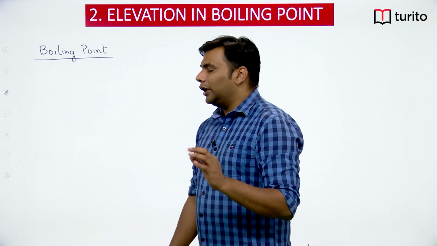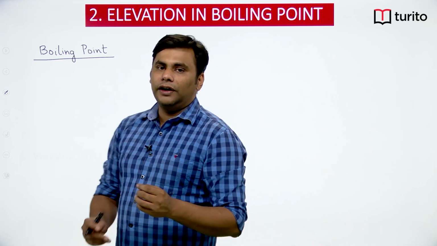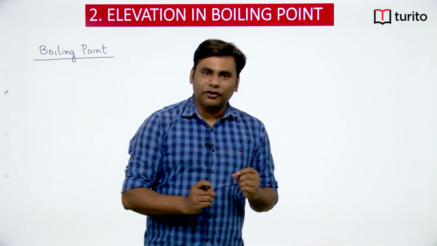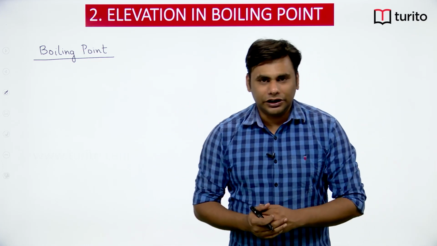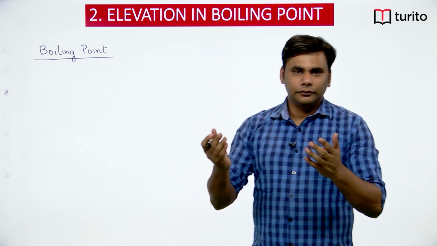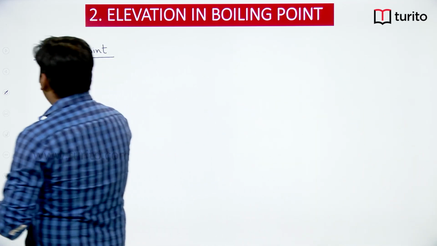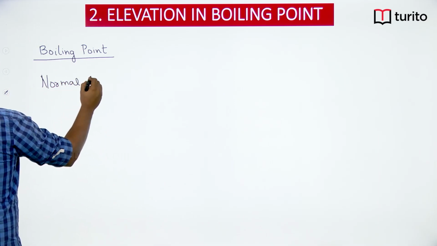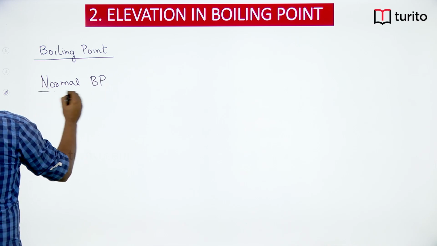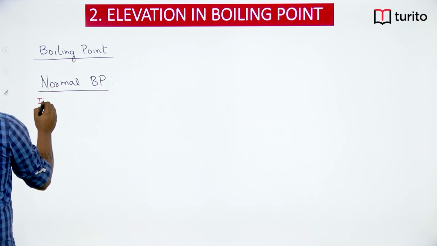So you can write it down as well: the boiling point of a solvent is the temperature at which the vapor pressure of the liquid becomes equal to that of the external pressure. Okay, so there is one boiling point, and there is another very important term, that is normal boiling point. Normal boiling point is the temperature